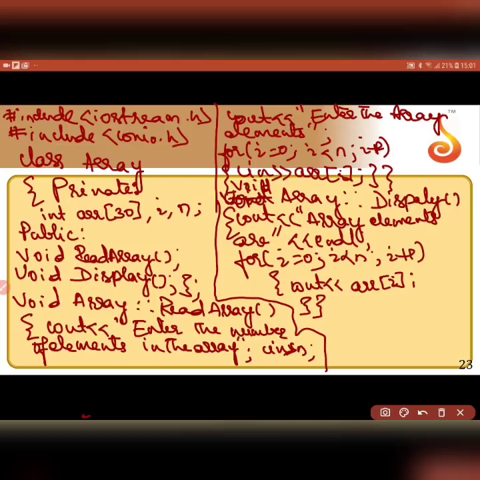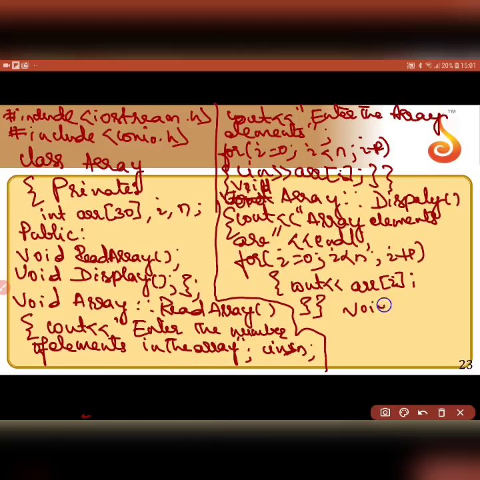So I have written for this also, after taking in the values, to display: cout array elements are, and then in a new line you will have the array elements, i is 0 to n, ARR of i. This completes my class, because I ended here, but I have written the definitions of the two functions.